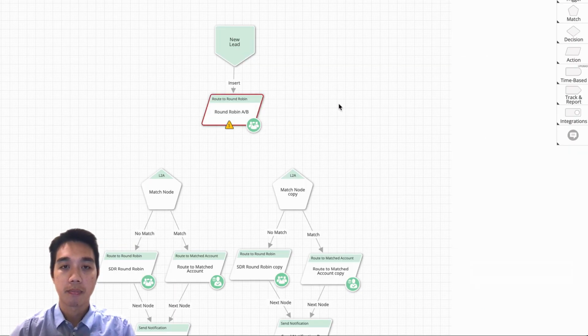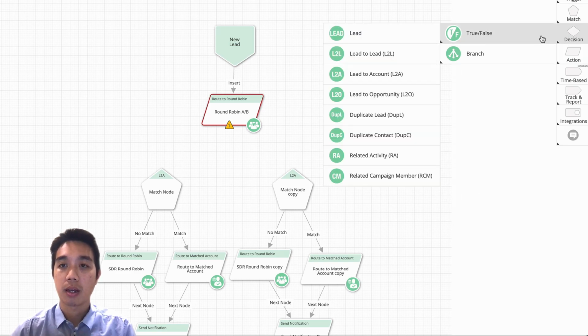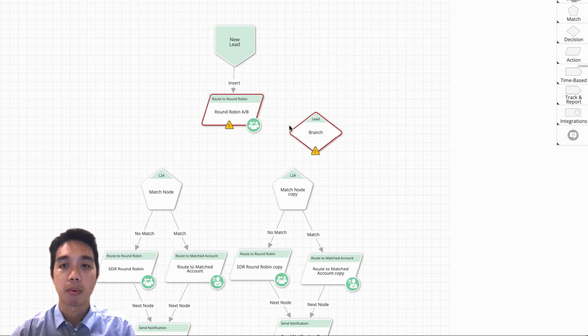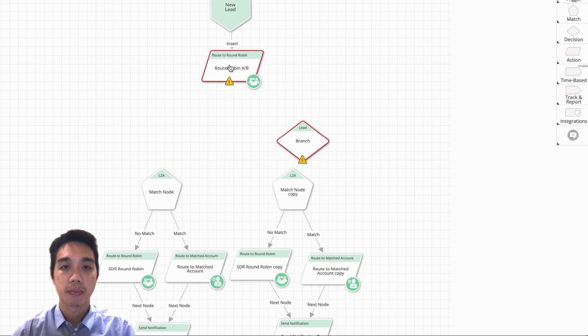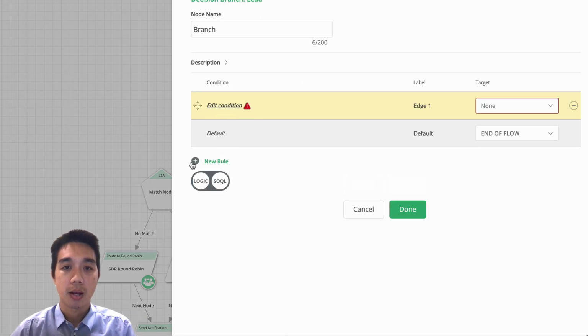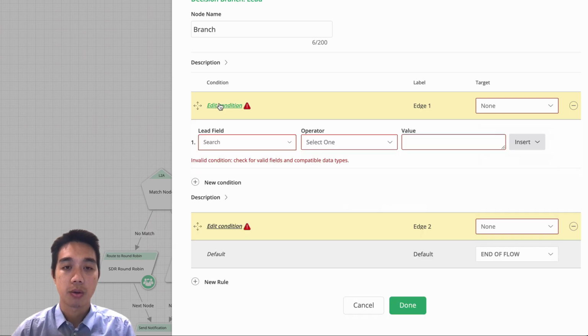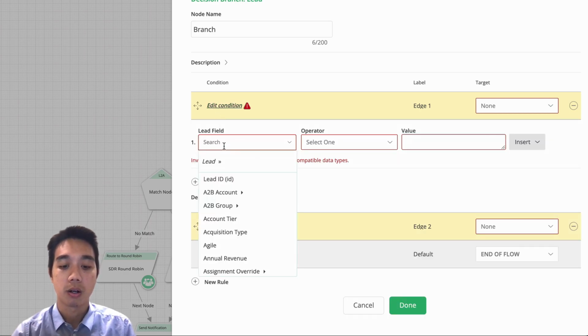Okay, perfect. And then what I'm going to also do is add a branch node, or you can use a true false, either one, it doesn't really matter. But I'm going to do a branch just to make it a little bit more explicit. And I'm going to add this decision point here. So all records that go through that round robin A/B will end up in this branch node. And I will basically set 2 conditions here. The first one is going to check to see if the owner of the record